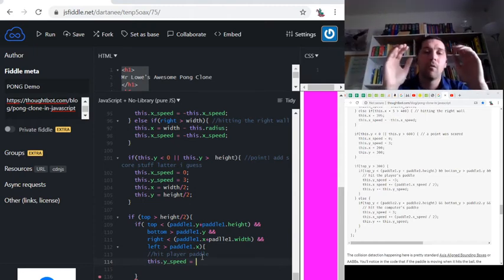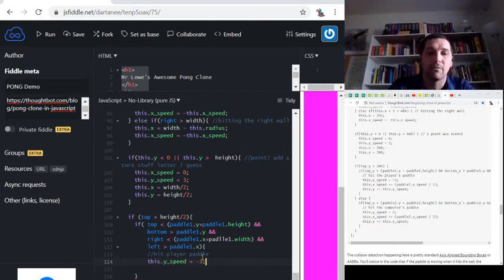Which is okay. The up and down, if we want that to be the speed, we're going to just go for it. Okay, so the -3, because we want it to go up, and the this dot x speed is going to be plus equal